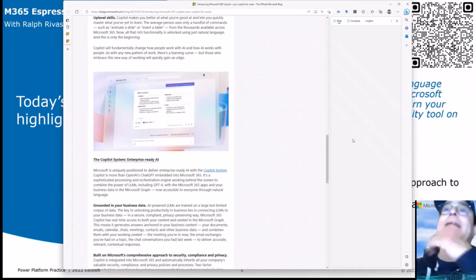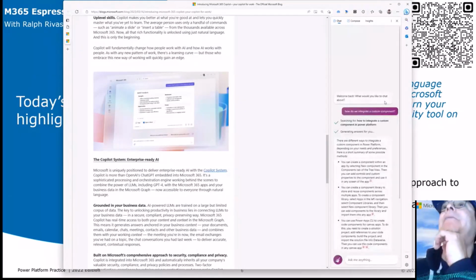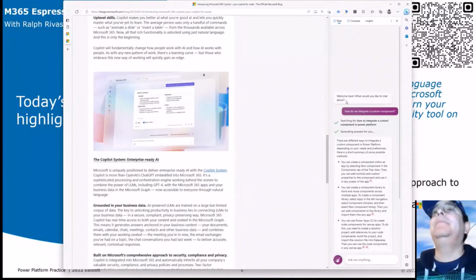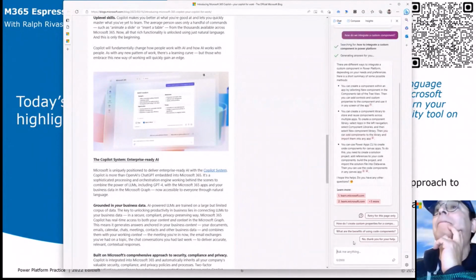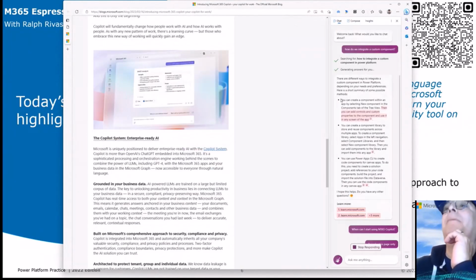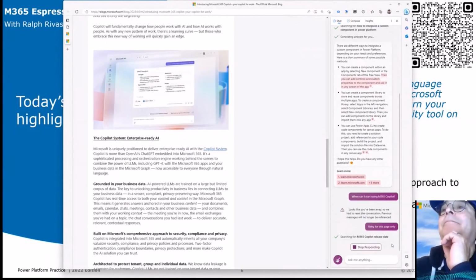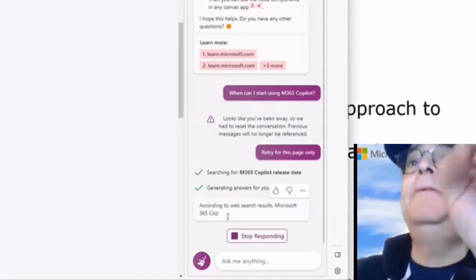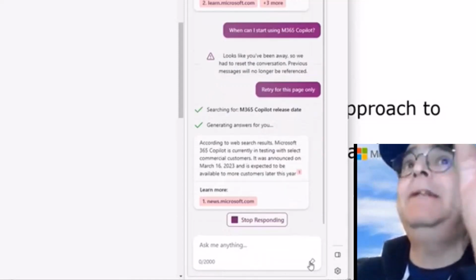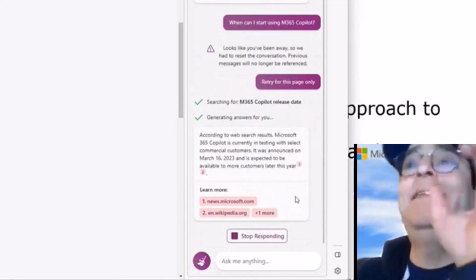Again, it takes longer to render these things than it does for it to actually answer. So here we go. There, welcome back. What would you like to chat about? Okay, one moment. Well, let me ask the question. And this, look, this is what I said: when can I start? Here's the thing. When I tell you these copilots work, I do it for Power Virtual Agents when I'm creating the chatbots, and it does it literally this fast.